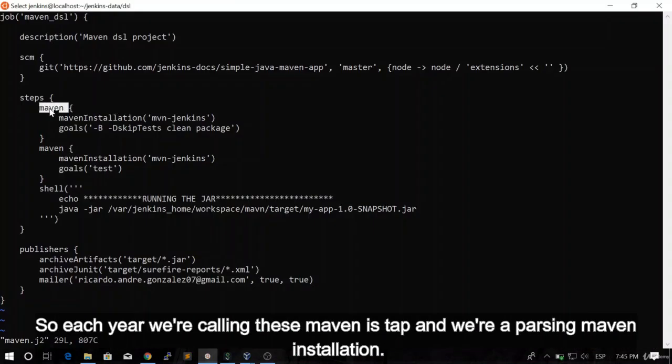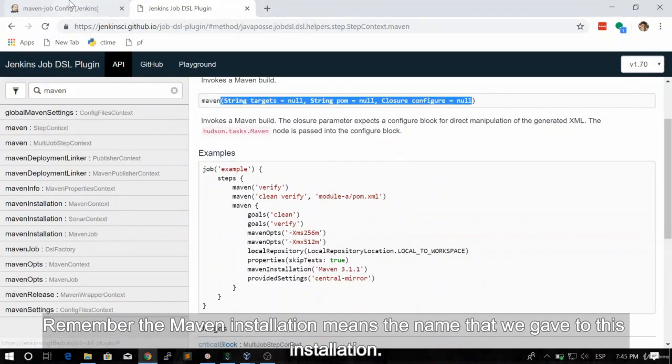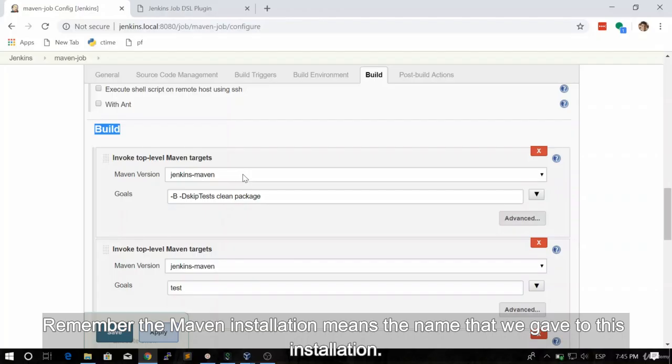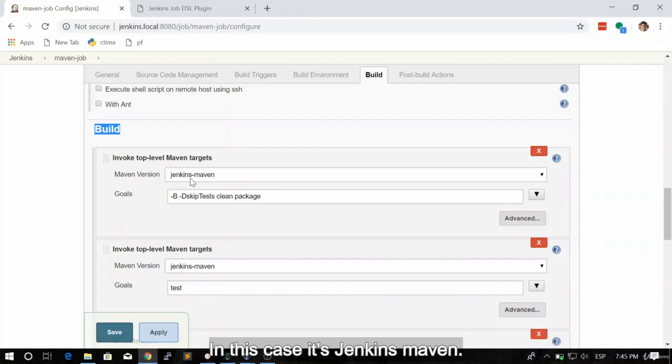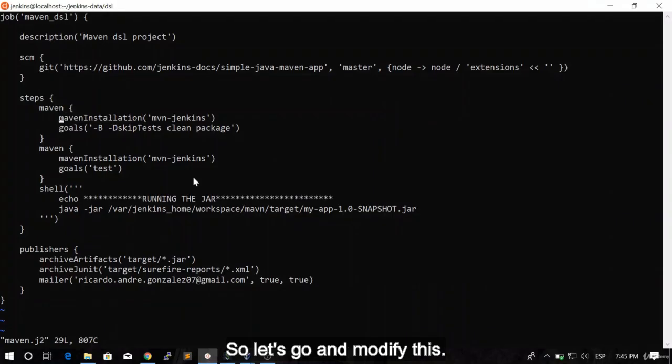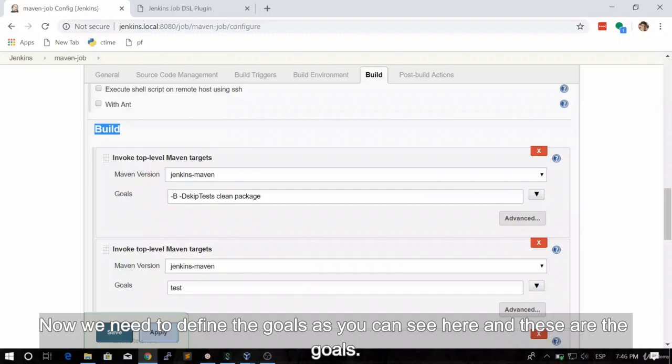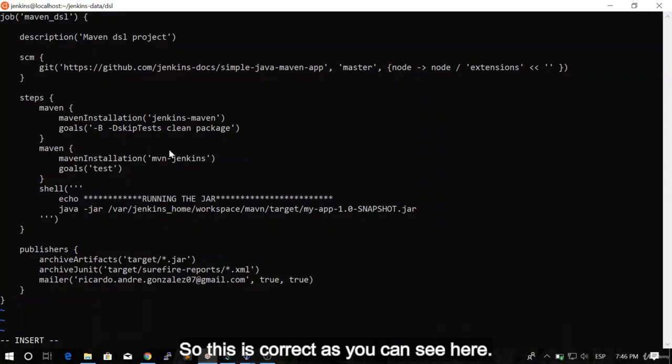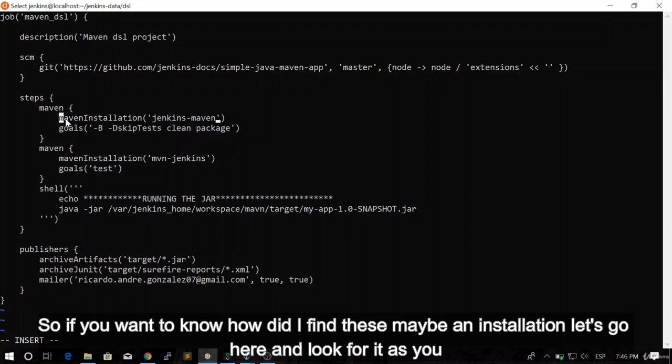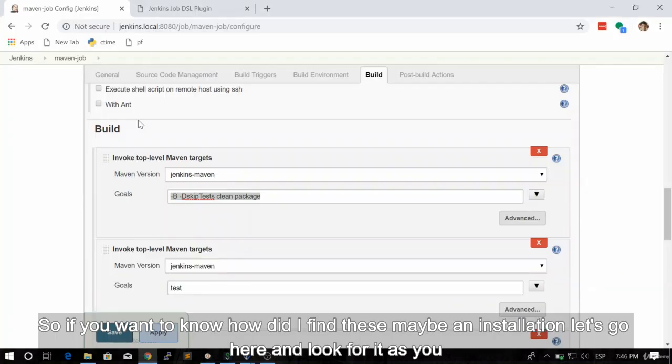So in here, we're calling this Maven step and we're passing the Maven installation. Remember, the Maven installation means the name that we gave to this installation. In this case, it's Jenkins Maven. So let's go and modify this. It's Jenkins Maven. Now we need to define the goals, as you can see here, and these are the goals. So this is correct, as you can see here. So if you want to know how I found this Maven installation, let's go here